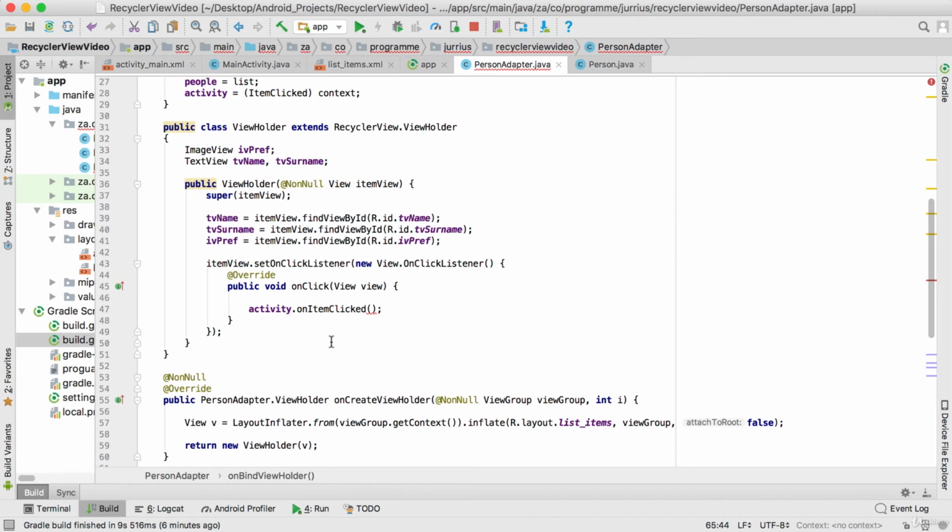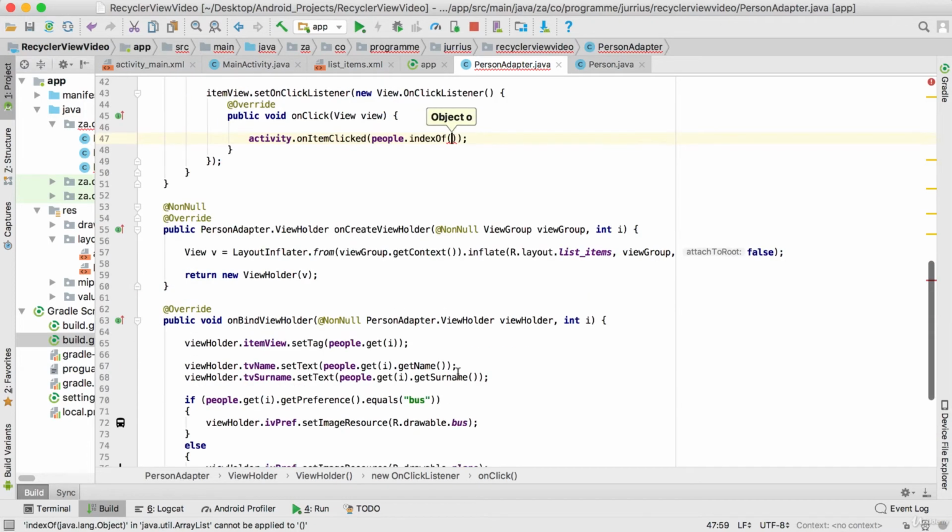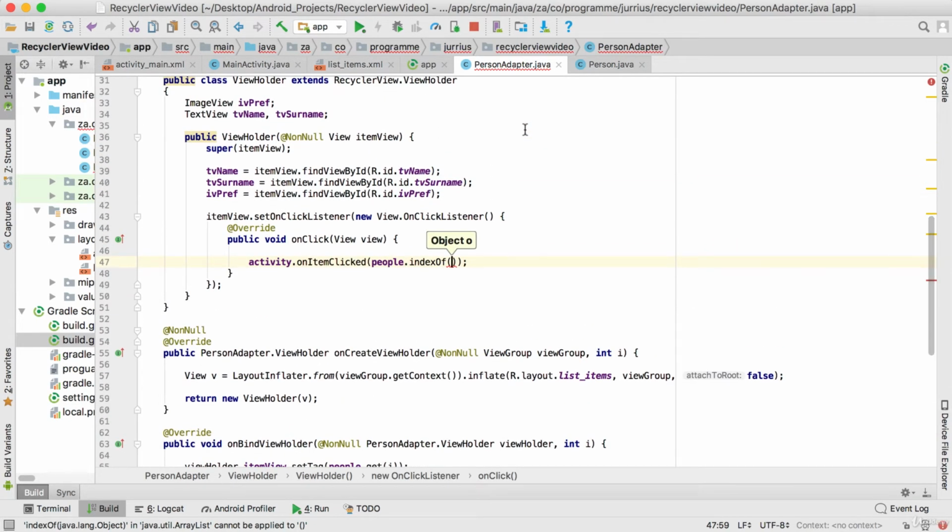So now on this side, you can see that there's the item view that was passed in, and if I set an on-click listener on this item view, I can also refer to that view there. So basically what I'm going to do is to go into my people array list. I'm going to get the index of this object that we have the tag of. So I'm going to say index of